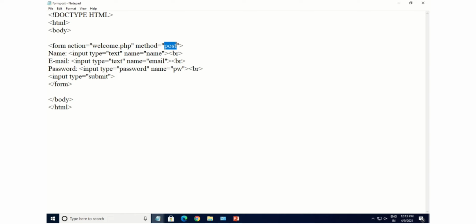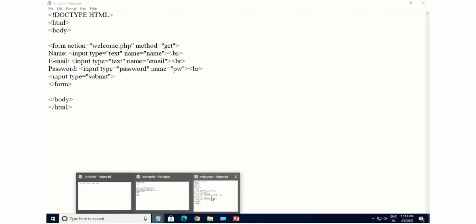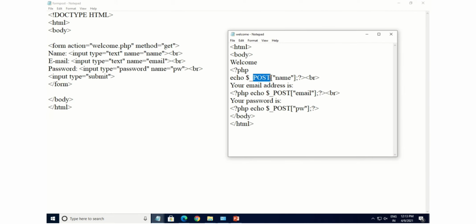Now let us talk about the GET method. Just make the change here from POST to GET, and also in welcome.php we have to set this method as GET. So instead of this POST array, here I am going to write GET. It has to be in capitals because this is a superglobal array.